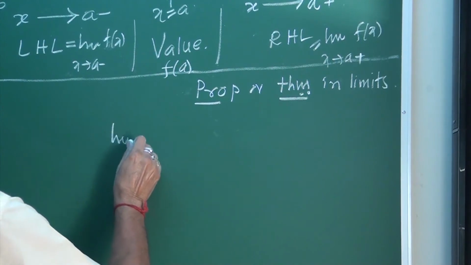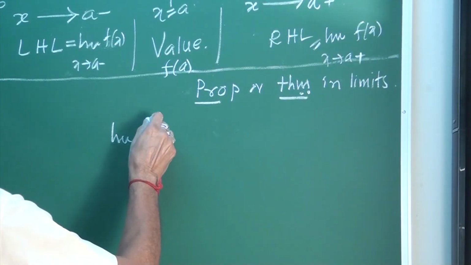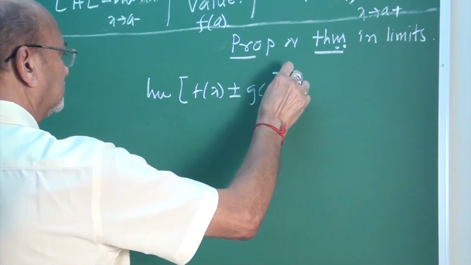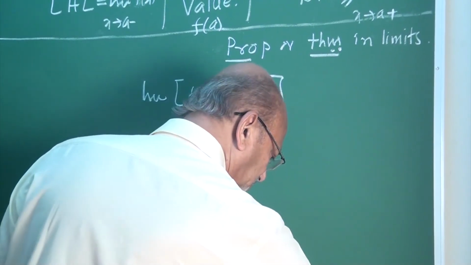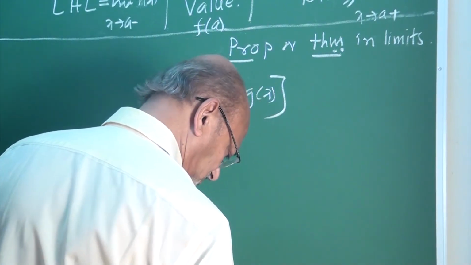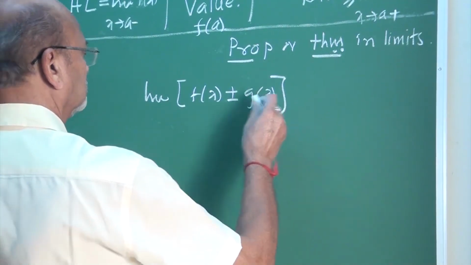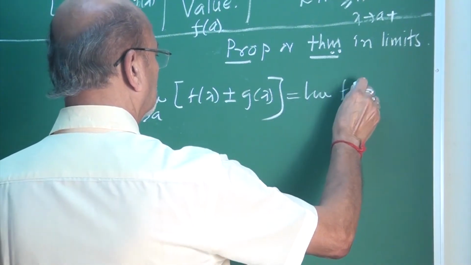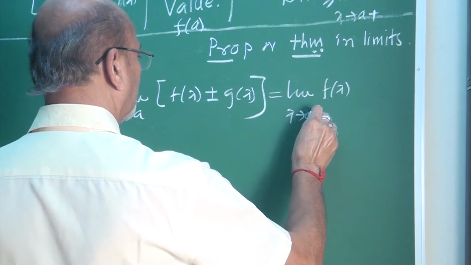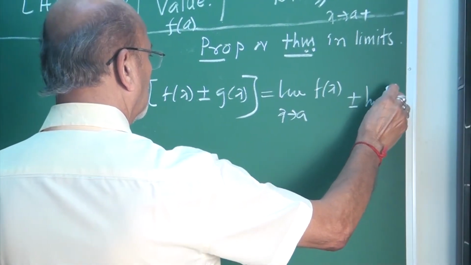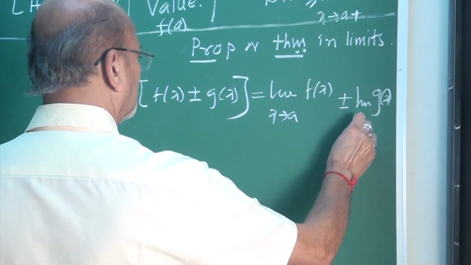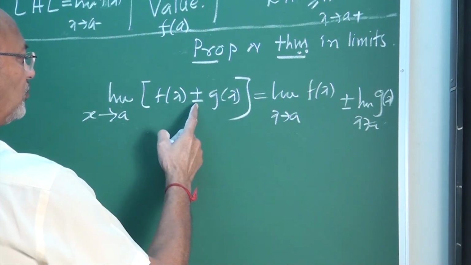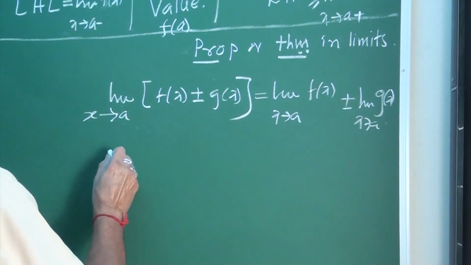This is limit of f(x) plus or minus g(x) as x tends to a, equal to limit of f(x) as x tends to a plus or minus limit of g(x) as x tends to a. It means limit of sum is sum of the limits, difference is difference of the limits. Second one,